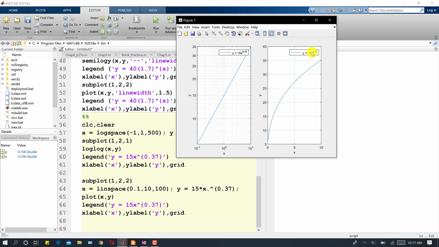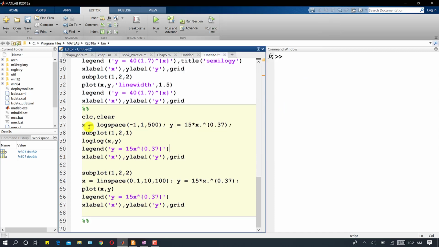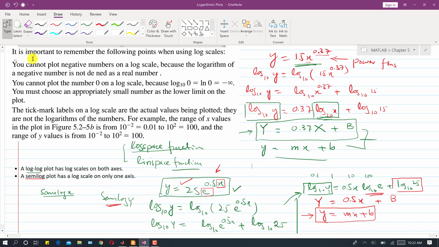It's the benefit of logarithmic plots that we can know the trends of our data. We can differentiate between the exponential functions, the power functions and the linear data. We will use these logarithmic functions, the semi-log y function and semi-log x function, in the next chapter, in order to identify experimental data. Again, I will repeat that whenever we want to plot a log-log plot, we will generate logarithmically spaced x values.